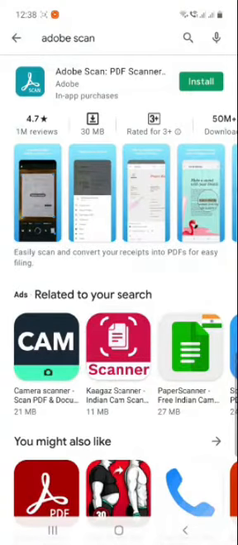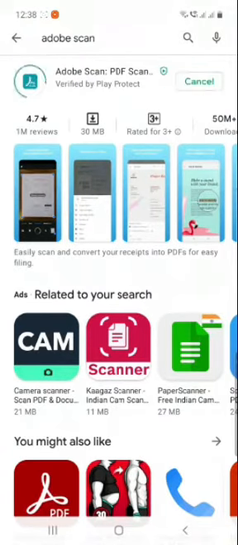From the list displayed, select Adobe Scan PDF Scanner and click the install button. Wait for it to be installed.